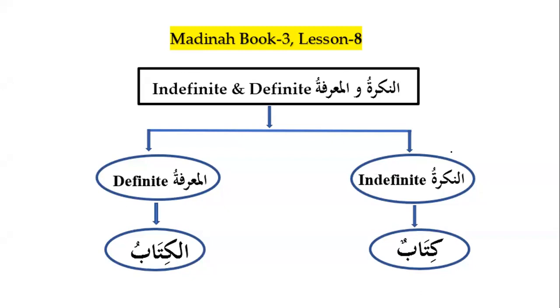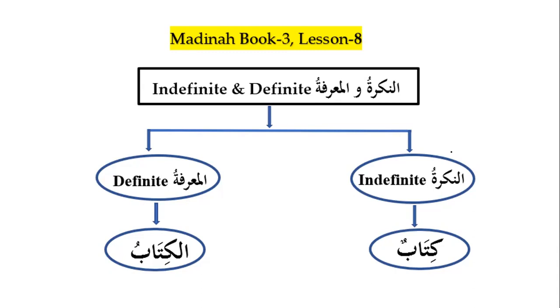Today we are going to start lesson number 8 of Madina book number 3. And in this lesson, we will talk about one of the properties of the noun. Something that we have discussed many times. In fact, from the beginning of the course, from book number 1, we have discussed that a noun has 4 properties. We have discussed that one of the properties of the noun is i'rab, the declension of the noun, and